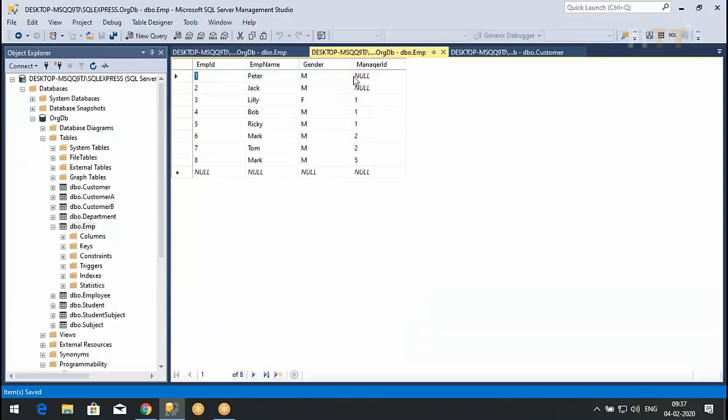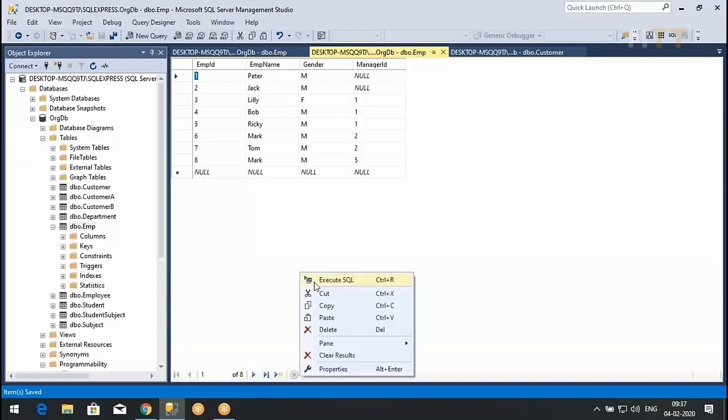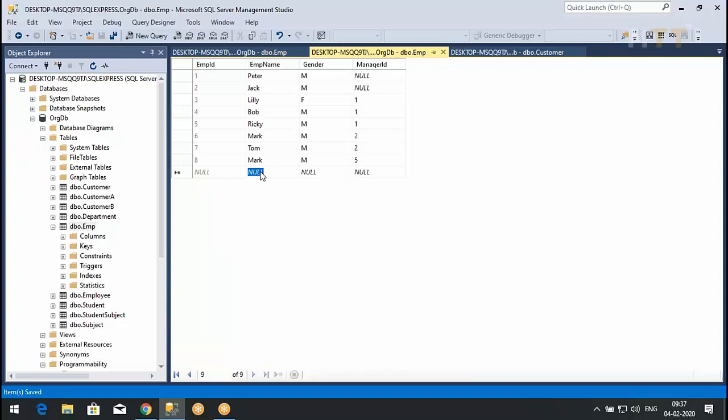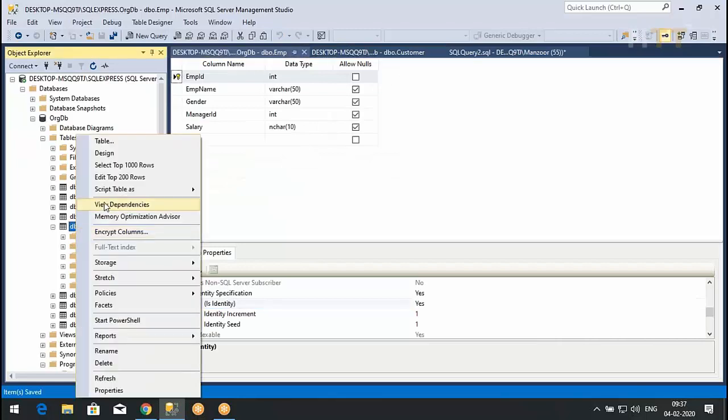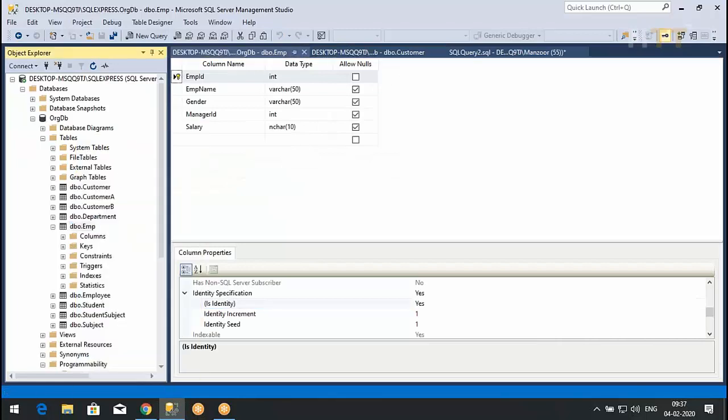Now let us see what the old values are. 1, 2, 3, 4, 5, 6, 7, 8. But what will happen? Execute. These are auto-generated, right? Let us see this. X, Y, Z, male, 1. Fine. Is this clear? If I close this and say edit top 200 rows, I should get the salary column also.